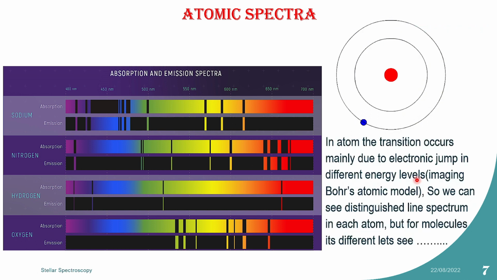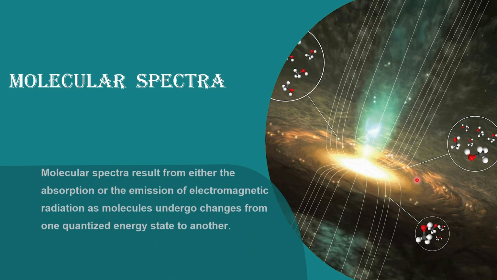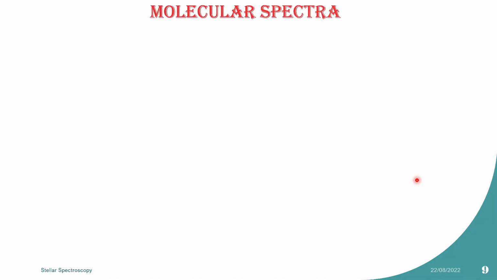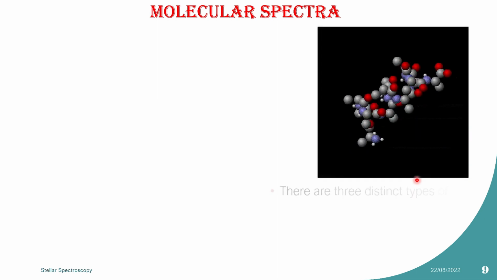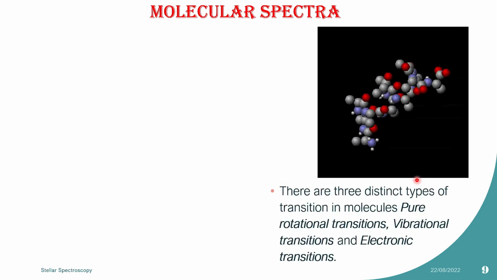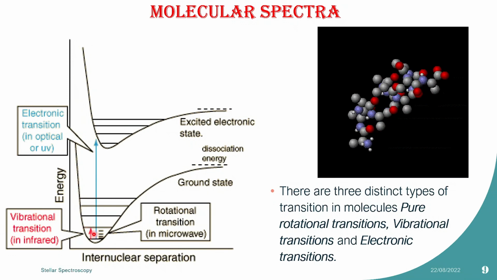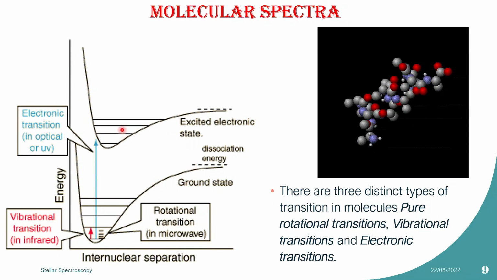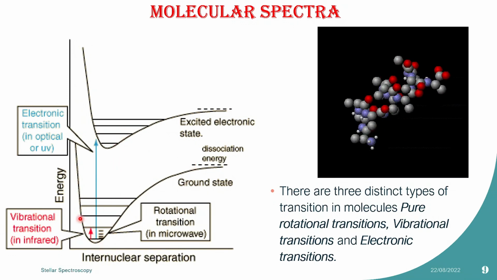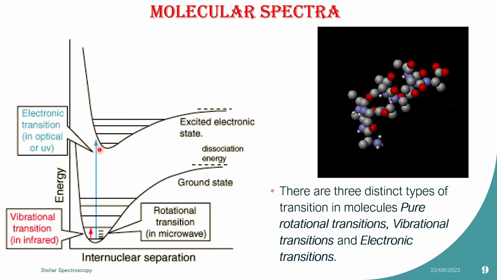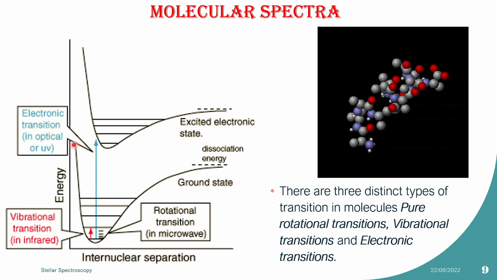So let's move on to the next slide, which is the molecular spectra. Now, there are three distinct types of transitions in molecules: pure rotational transitions, vibrational transitions, and electronic transitions. This is a schematic diagram showing how the transitions occur. These two curves are called the Morse potential, and when an electron jumps from this curve to this curve, it is called an electronic transition. And it falls in the optical or ultraviolet regime